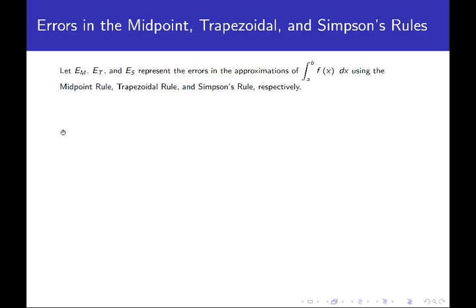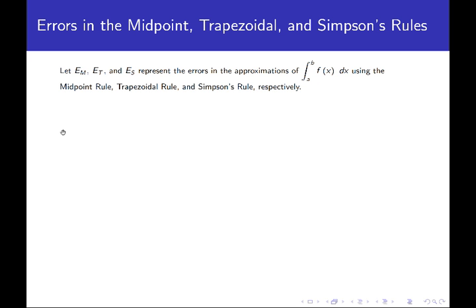estimate about how good our error is, and also how to use this formula to help us make sure that we get our integral within a certain tolerance level. So we'll see some examples of both of these. So we're going to use the letters e sub m, e sub t, and e sub s to represent the errors when we approximate the integral from a to b of f of x dx using each of the three